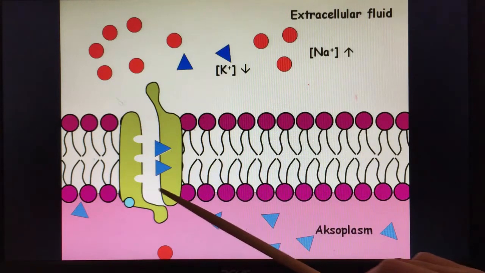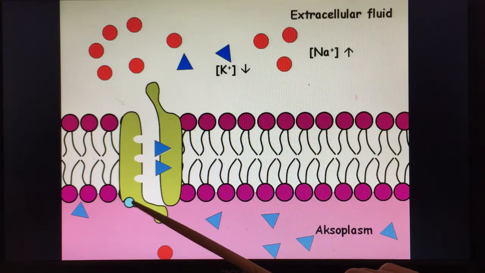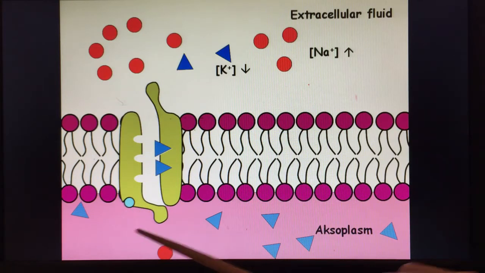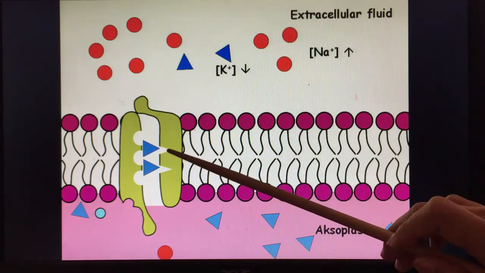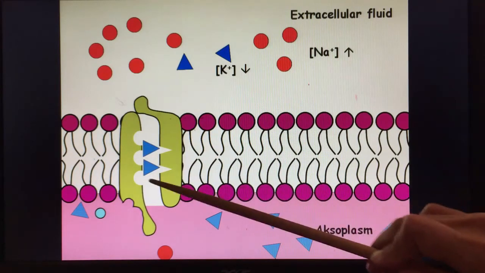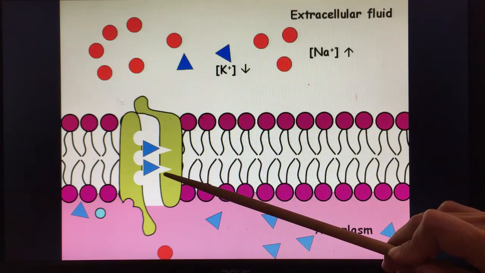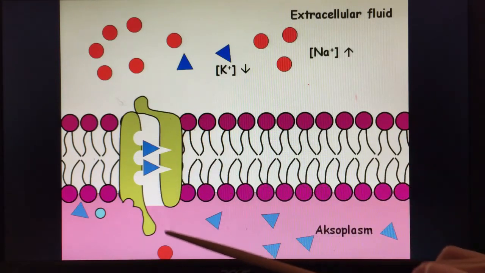The binding of potassium ion will stimulate the inorganic phosphate to be released from the transport protein and causes the protein to change its conformation. So the transport protein will change its conformation to the original conformation. And now 2 potassium ion can no longer bind to this site and it will be released into the